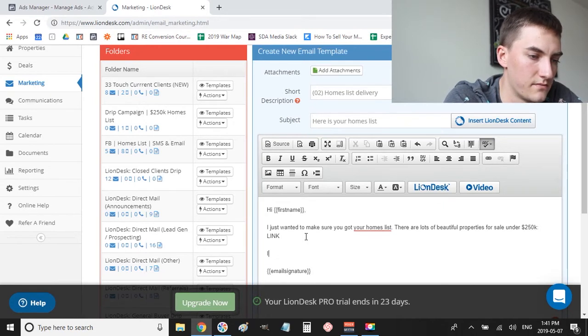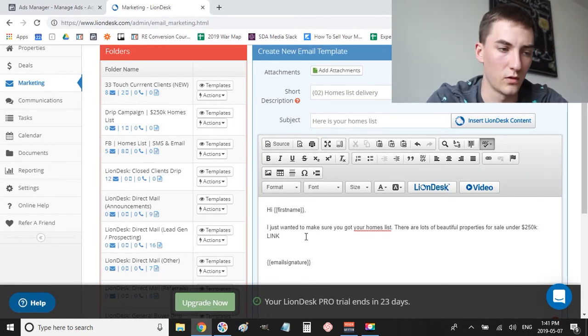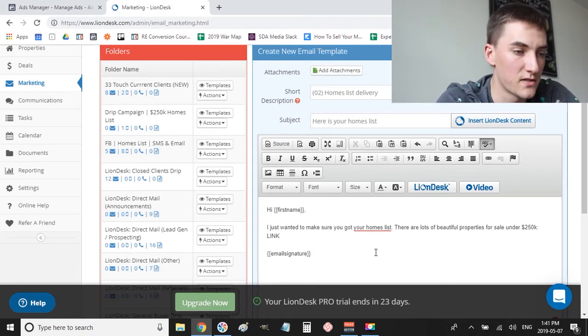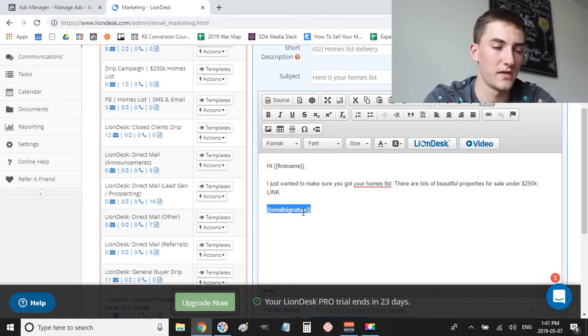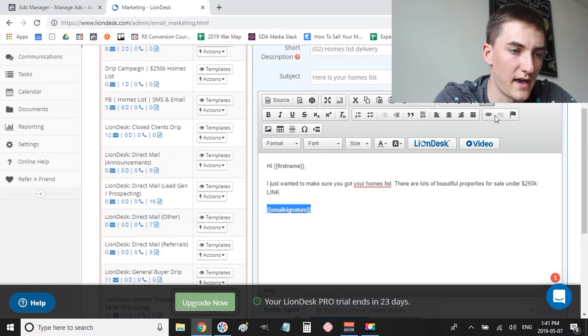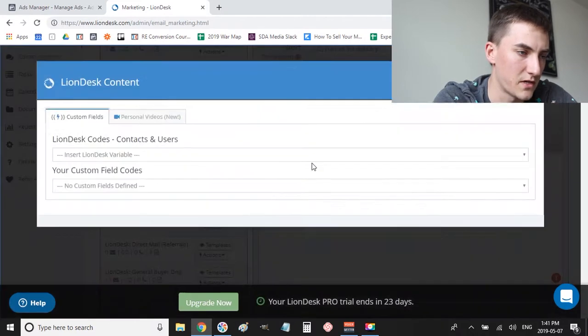Let me know if you're interested in booking a viewing or looking at any of these properties in person. So then here by default it's going to include your email signature. If you go into your profile like we did at the beginning, there's a section where you can edit your email signature. So you can go ahead and do that. Or if you just clicked on the LionDesk button,